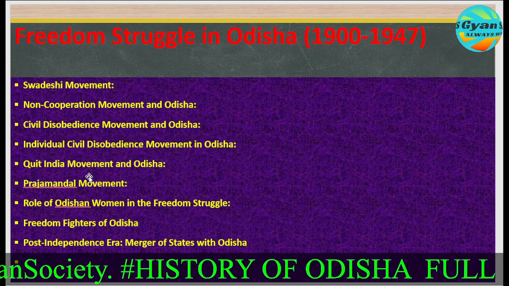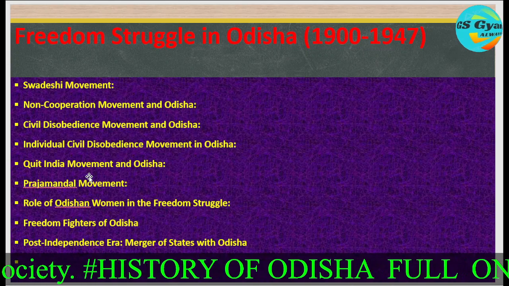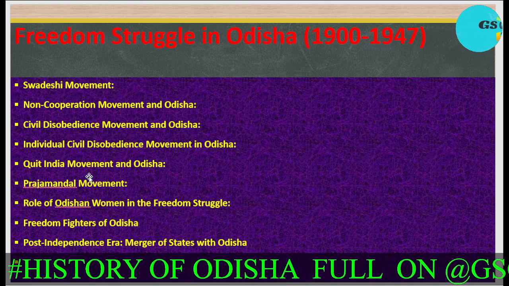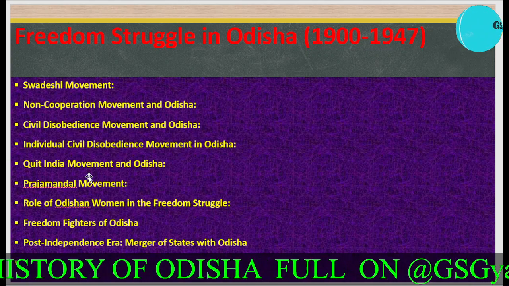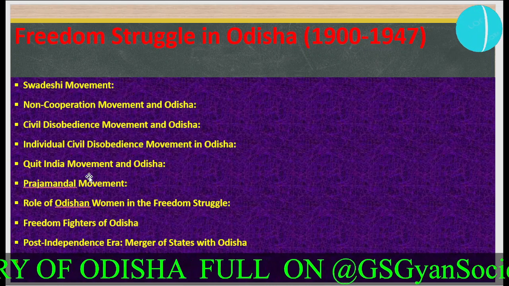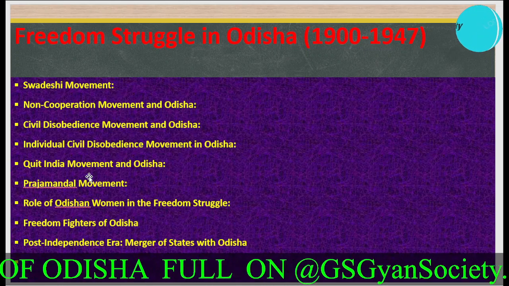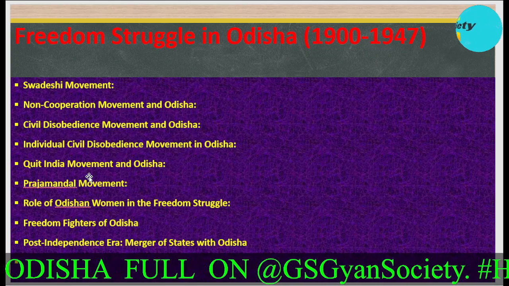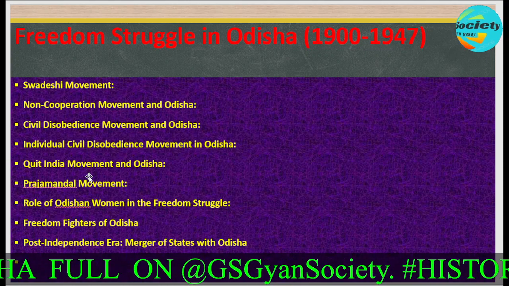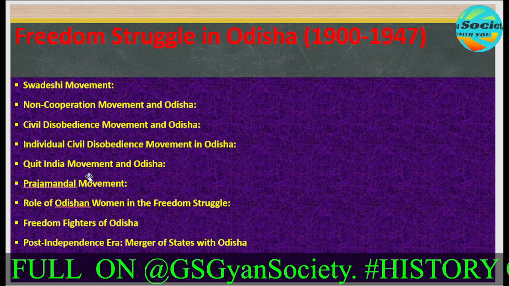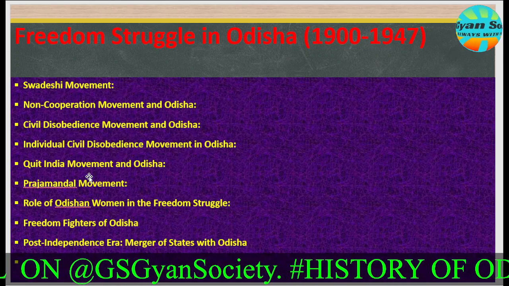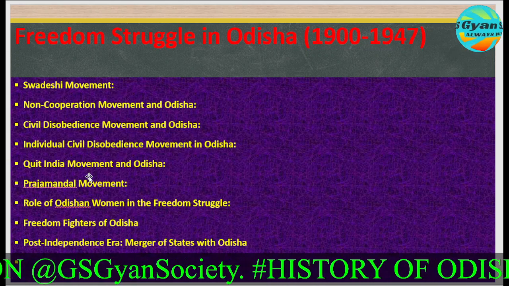Next, Harekrushna Mahtab, Gopabandhu Choudhury, Nabakrushna Choudhury, Bhagirathi Mohapatra, Jagabandhu Singh, Mukunda Prasad Das, Nityananda Kanungo, Jadumani Mangaraj, Niranjan Patnaik, Diwakar Patnaik, Chandrasekhar Behera, Nandakishore Das, Rajkrishna Bose, and others. These are the leaders who emerged during this period and contributed a lot in the freedom struggle of Odisha to get rid of the British rule.